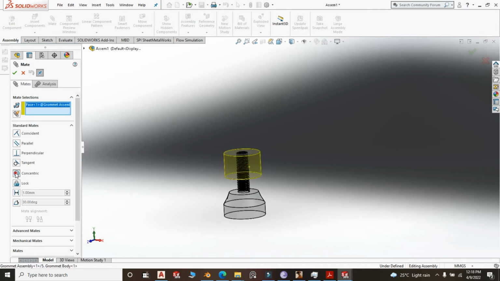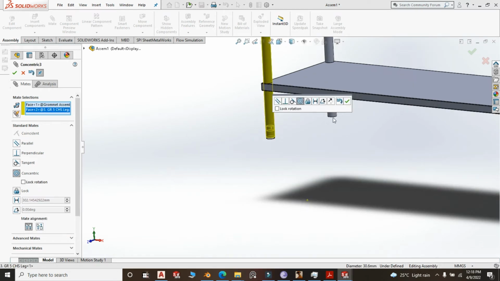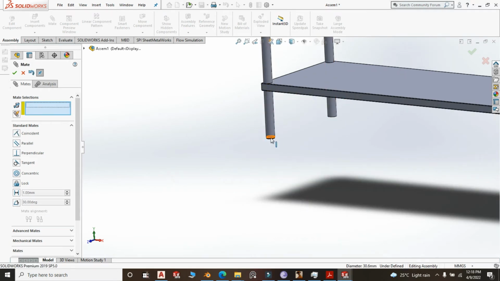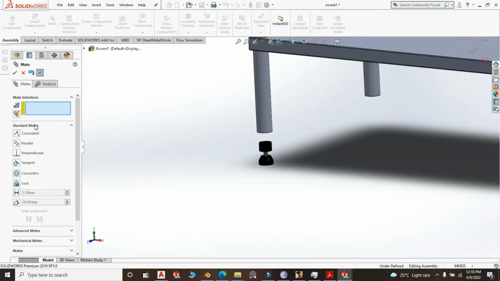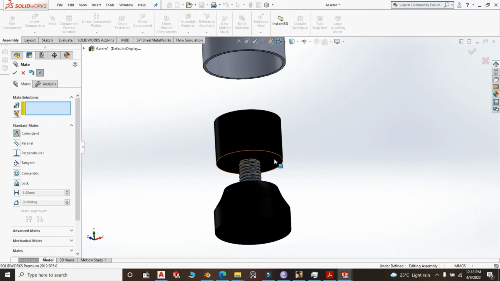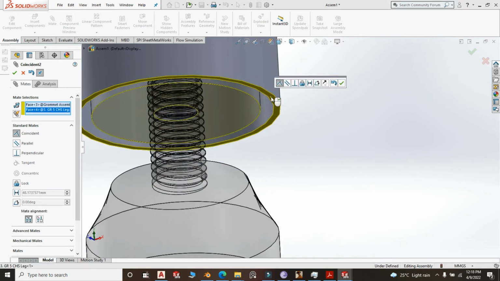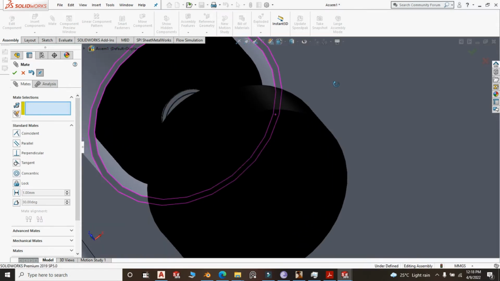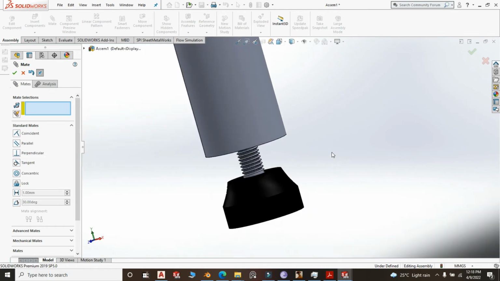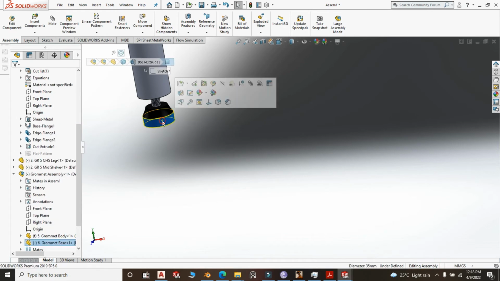Make that concentric with the leg, and we should have inserted this leg. We should have inserted the grommet before we did the mirroring. Now we are going to be forced to do mirroring again, which is still okay. This part to this part. See, it is dia 32 and this one is dia 38. See all the gaps that it has left there. So I don't know. That's okay. We go ahead and